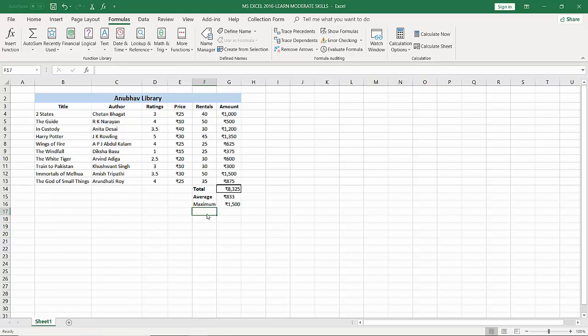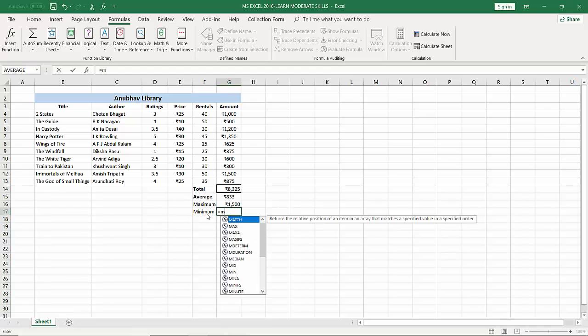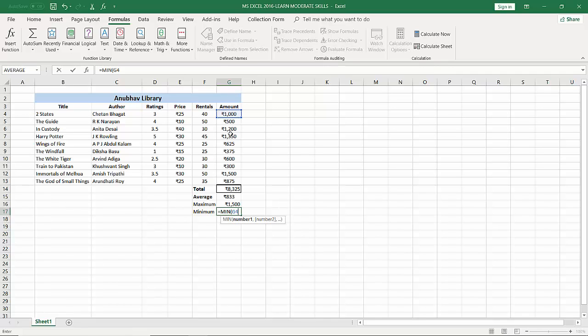Similarly, let's say we also want to find out which is the minimum grossing book. Which book is collecting minimum amount? So to do that, first of all, let's write here minimum, and we need to use our minimum function. So equal sign, then min, open bracket or parenthesis, then again select data range. We can either select directly from here or we can type it manually. So as you can see, this is G4, so we need to type in G4 like this, colon sign, then